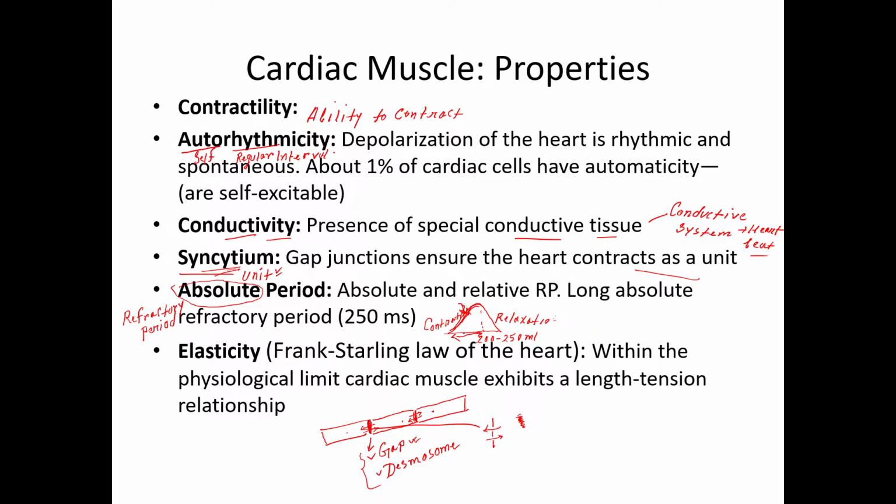And that period, 200 to 250 milliseconds, when the heart will not respond to any other stimulus, it will continue its own contraction. That is called the absolute refractory period. Absolutely not listen, absolutely no. Okay, it will not respond at all